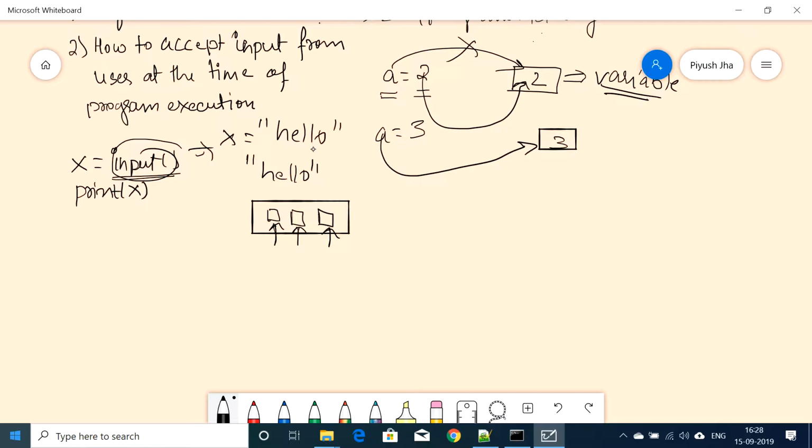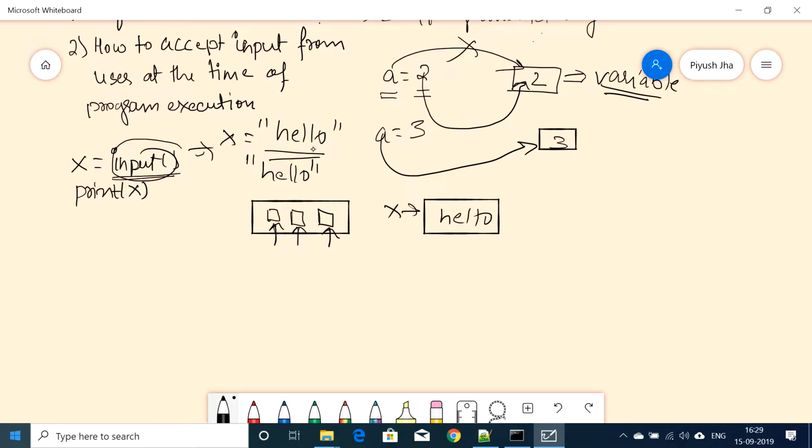So the user gave whatever the user wanted, but remember one thing, that it always gets converted into string. This is done by input. Now because this value has appeared for the first time in the program, a random variable location will be selected, hello will be put inside it, and it will be associated with the identifier x. Okay, so this is all about the